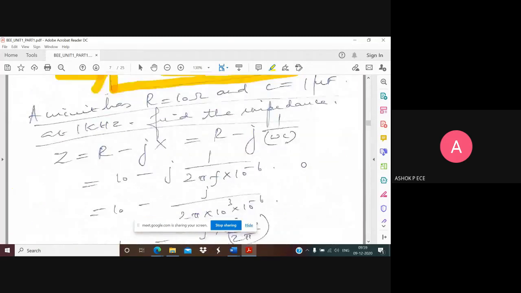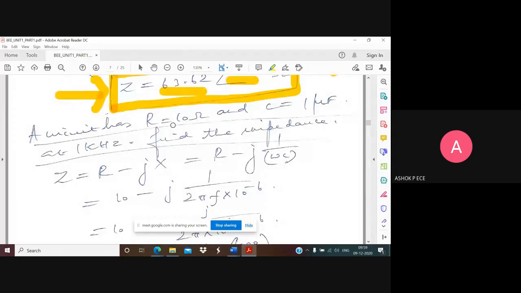In the same way, for the next problem you see, I'm going to use R and C. This material is already shared with you, so just don't write whatever I'm saying now. Note down all the shortcuts I say, how to remember things like that. Anyhow, this is there with you, so you can download and read later also. Just note down the important concepts which I said during the class.